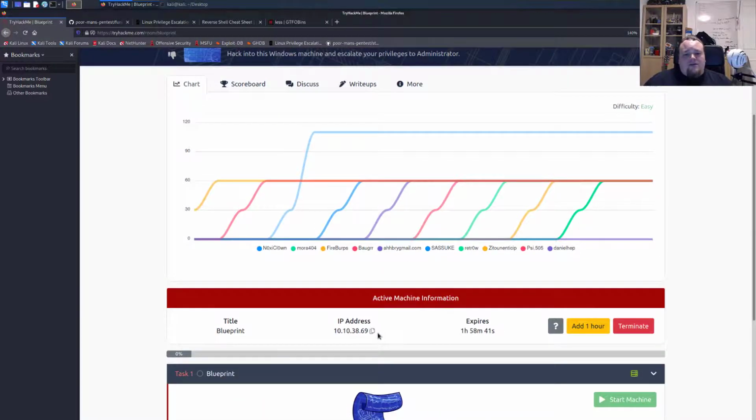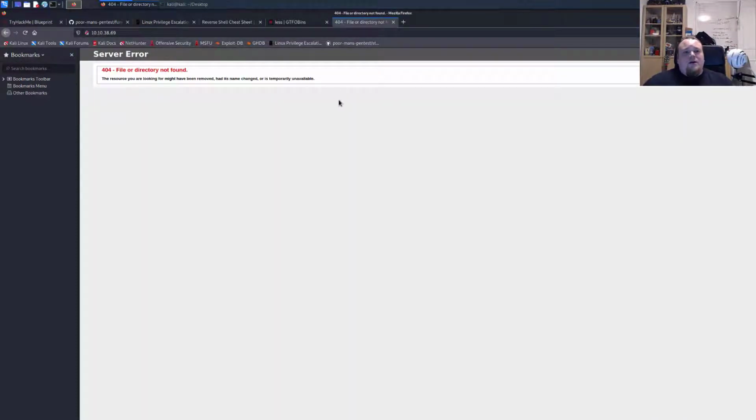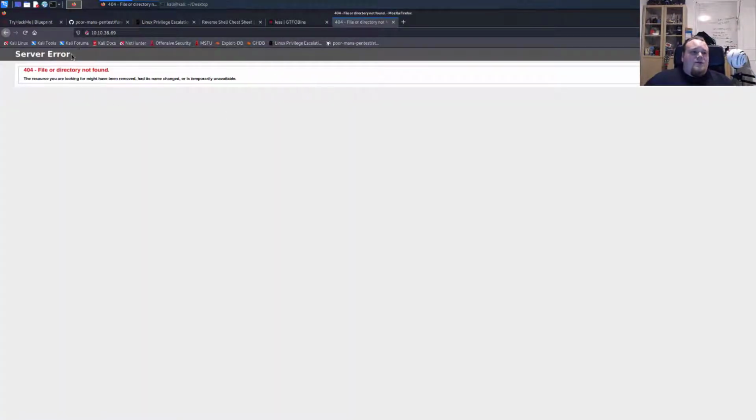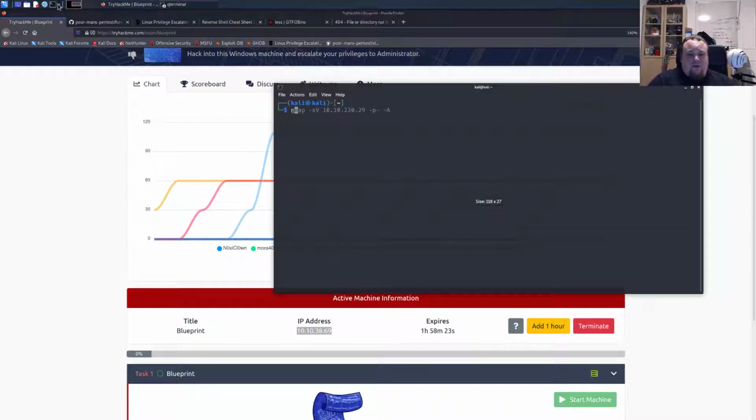So let's go ahead and just enter the IP address in the browser, and you see that there is some sort of server error, which could be many different things. Anyways, I'm gonna start a typical nmap scan. So I'm gonna boot up, let's say, nmap,